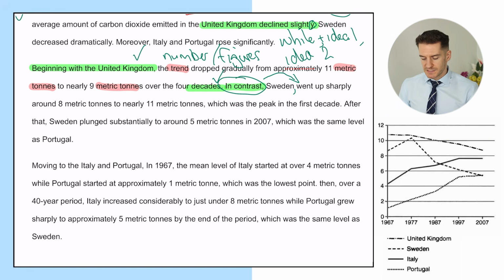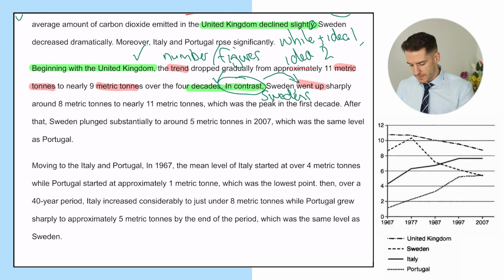The next thing I've noticed is that they say Sweden went up sharply. Well, Sweden didn't go up. Okay, Sweden is a country. Sweden, let's pretend this is Sweden. Sweden didn't go up. Okay, it's still at the same level. So they need to say something like the numbers for Sweden, the figures for Sweden. Or they could say something like Sweden's figures